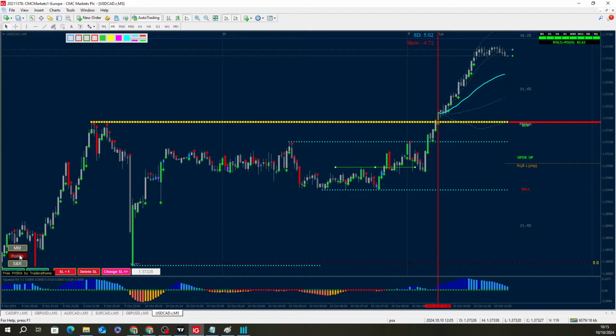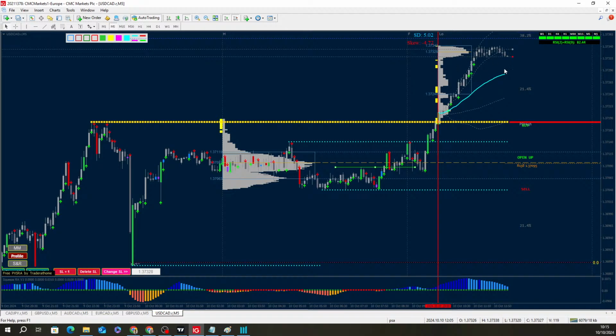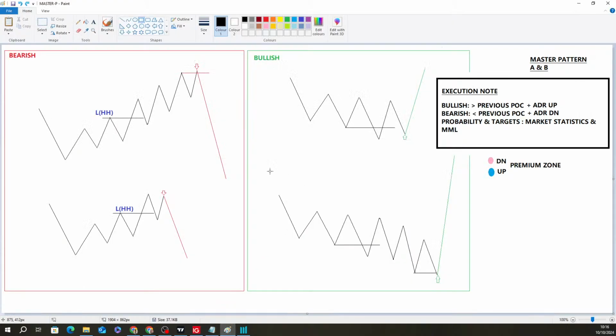So let's look at the profile. So this is a negative skew based on the statistics. We don't want to sell it yet. We want to see a completion of the master pattern, because what we want to see is the manipulation phase. The master pattern is complete technically, but we need to see the completion of the master pattern. What I mean by that is this: we need to see this leg. We've seen 1, 2, 3. We need to see the pullback and the last leg before we can look to sell it. Okay,